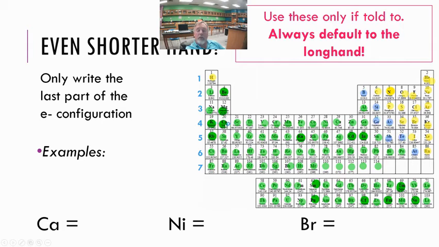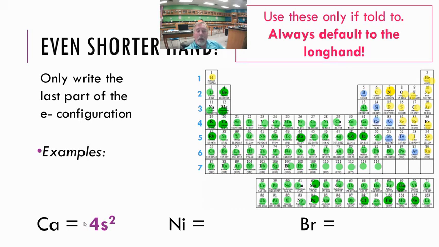So the last thing we saw in our calcium here was 4s2. Well, that's all we need, we can just simply write that here. Calcium is the only one that ends in 4s2. All the stuff before that's the same as any other element up to that point. So calcium is going to start that same way. If we look over one to the scandium, it's going to start the same way as the calcium. Just how's it different from calcium? It has a 3d1 in it.